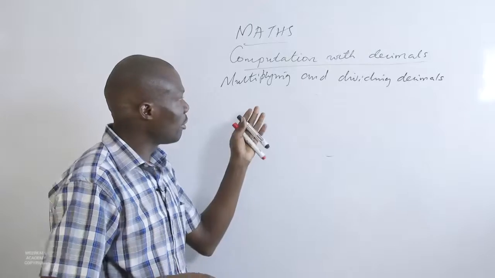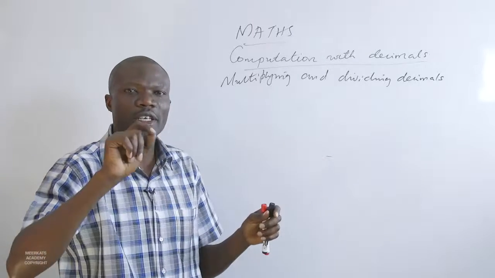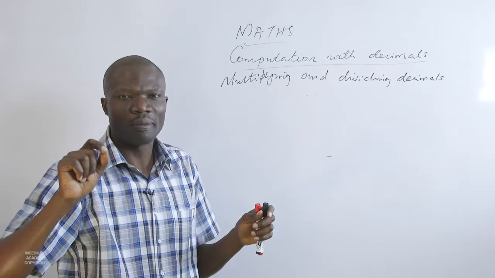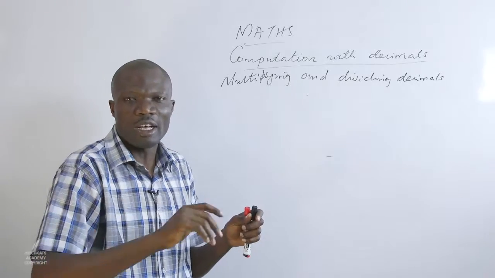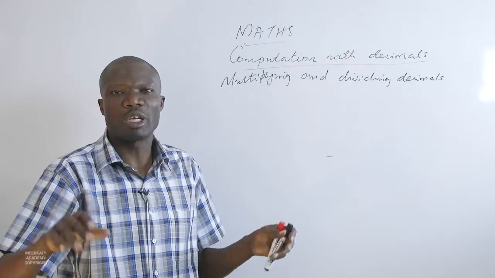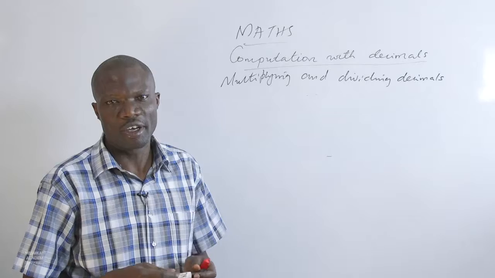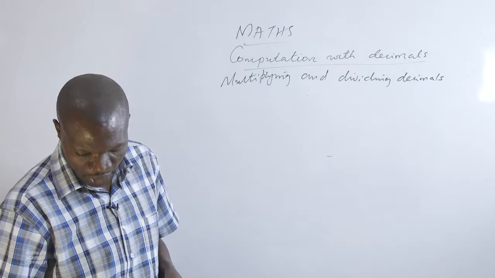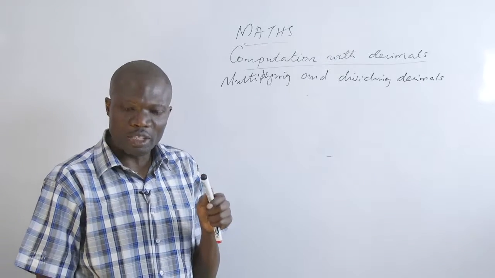I've said, in multiplying decimals, ignore the decimal places and carry out the multiplication in the ordinary manner. And also, the decimal